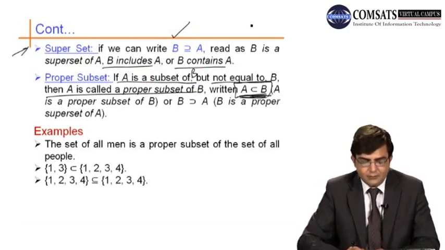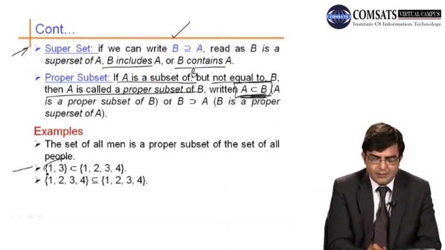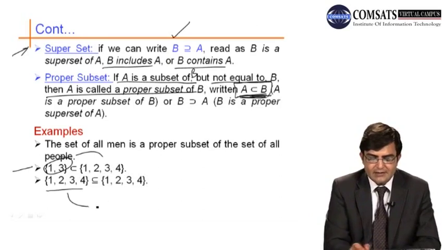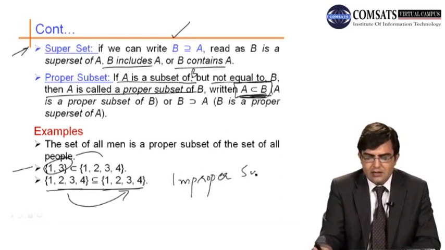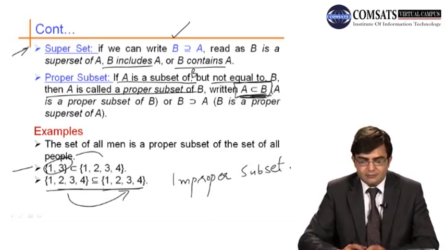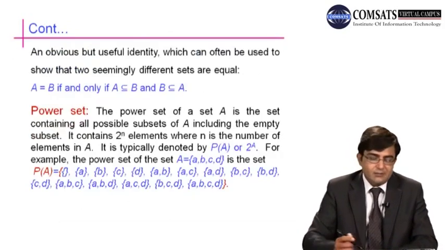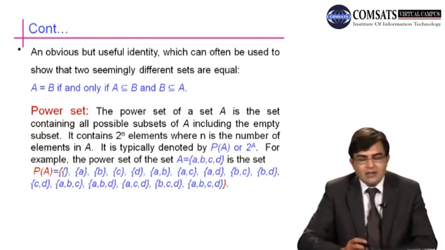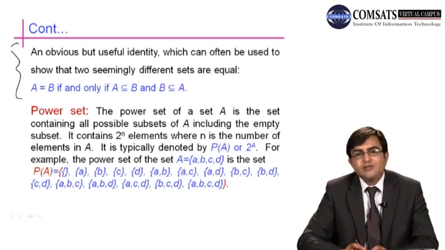Similarly on the same thing, for example, this set is a proper subset, but this set is not the proper subset. This is called improper subset. If a set is not a proper subset of another set, then this may be improper subset of the other set. Now what is the power set? But before this we take up a simple identity which is very useful